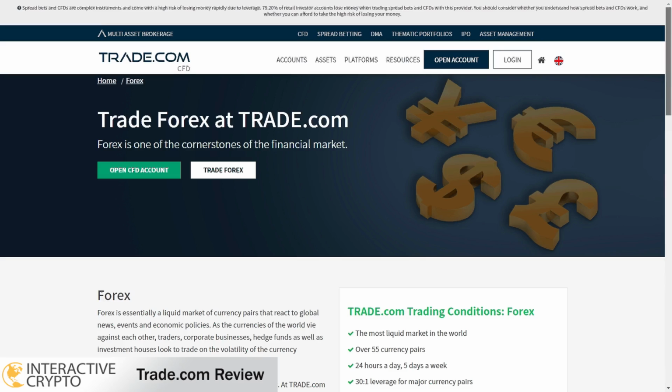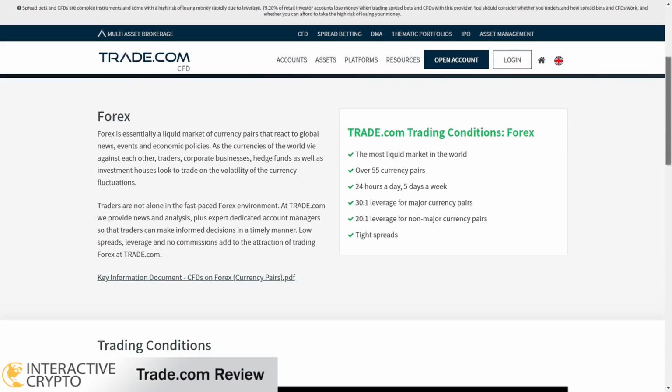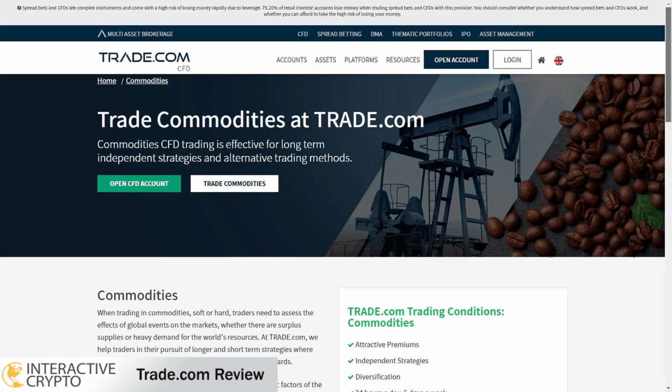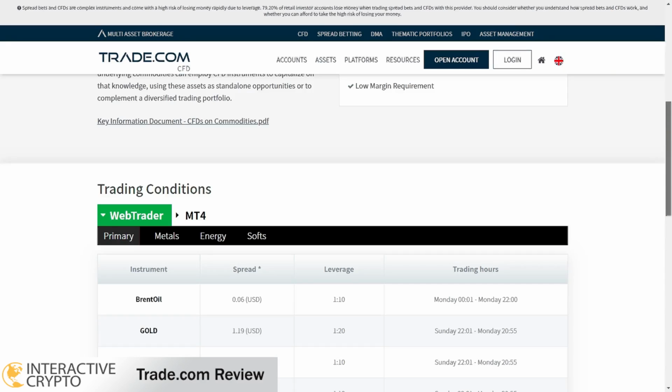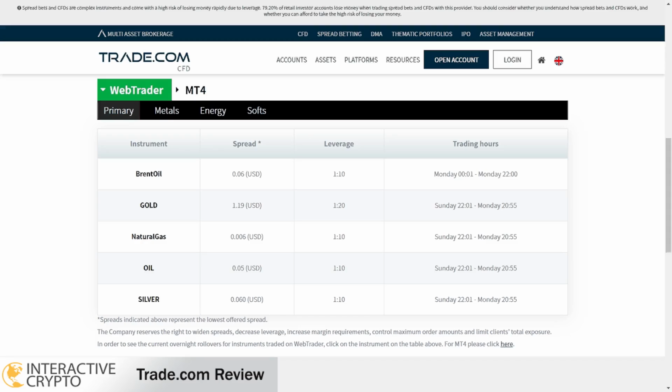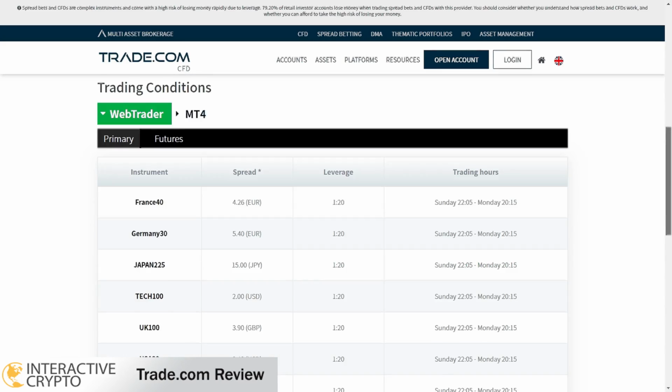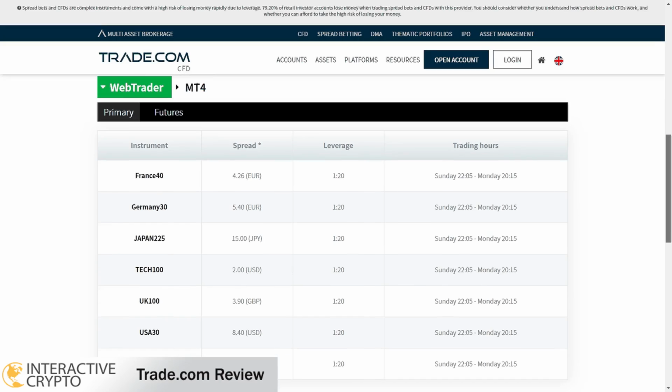Trade.com broker offers a variety of currency pairs to trade, including major, minor, primary, and exotic forex pairs. From the commodities, you can trade Brent oil, gold, natural gas, oil, and silver. Cryptocurrencies such as Bitcoin, Bitcoin Cash, Ethereum, and other cryptocurrencies can be traded. Popular indices assets such as France 40, Germany 30, UK 100, US 30, and other assets are available to trade